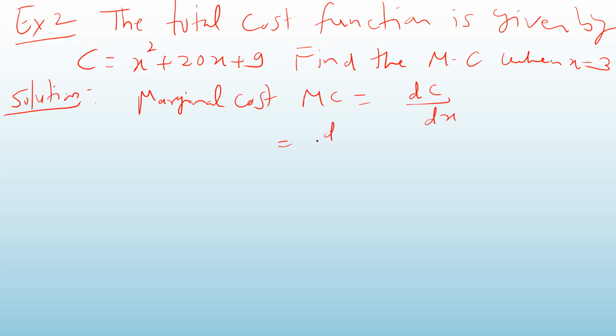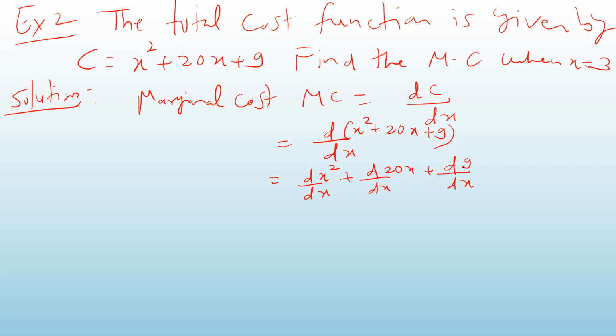Okay. So what we have to do is we have to find out derivative of C. What is C? X squared plus 20x plus 9. Okay. Apply your addition rule. So derivative of x squared plus derivative of 20x and then finally derivative of 9. Okay. Now see, what is derivative of x squared? What is your rule says? What is your formula? Derivative of x to the power n is n into x to the power n minus 1. I'm writing the formula on the right side. So 2 into x raised to 2 minus 1.